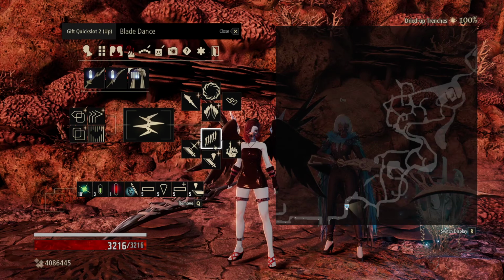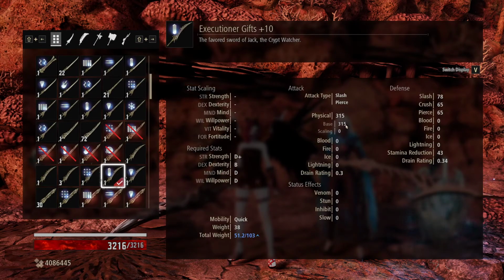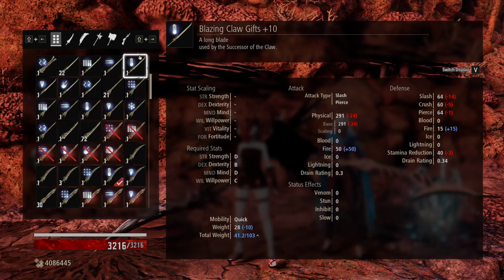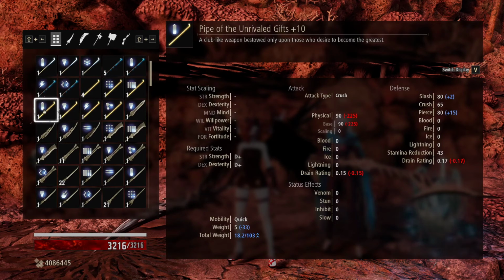be running Blade Dance. And what Blade Dance does is it takes the base value and multiplies it by 5%, and then it adds that to scaling. So every strike you increase 5% by the base damage. So if you have an extremely high base damage, then you will get more damage out of the weapon itself. For example here the Ice Blood has a 39 reduction, the Blazing Claw is a 24 reduction. The pipe, obviously, we saw that last time. That would be a horrible choice for a 5% increase, as you'd only be getting